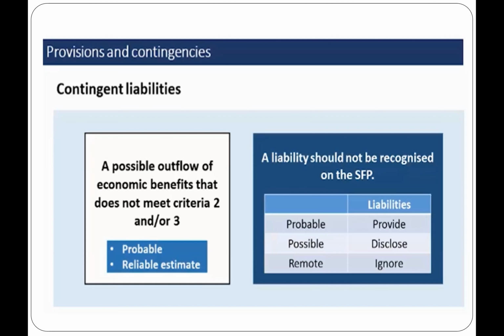You know that the probability of you being asked to pay is actually high because perhaps your product is what is on the wrong side of things. So the probability perhaps is actually high, but you are not able to determine how much the court would actually ask you to pay, which means there's no reliable estimate. So it means you can't put a provision in your balance sheet because the balance sheet requires monetary amounts to be put. It then means what you need to do is to give the users of the financial statements information